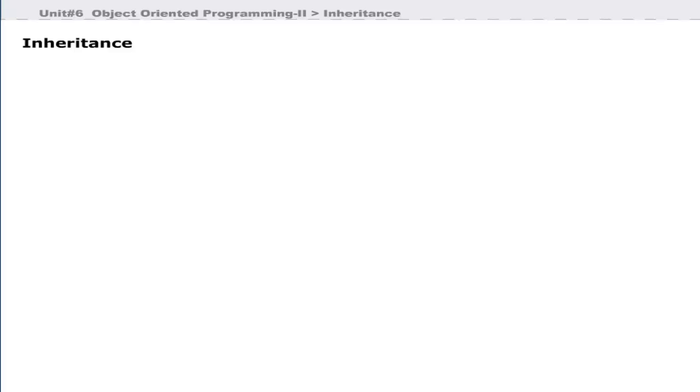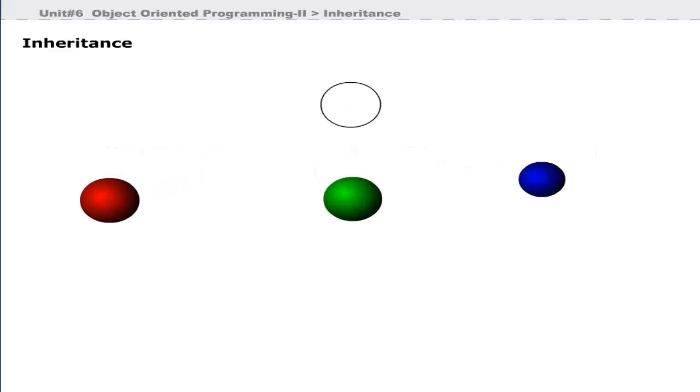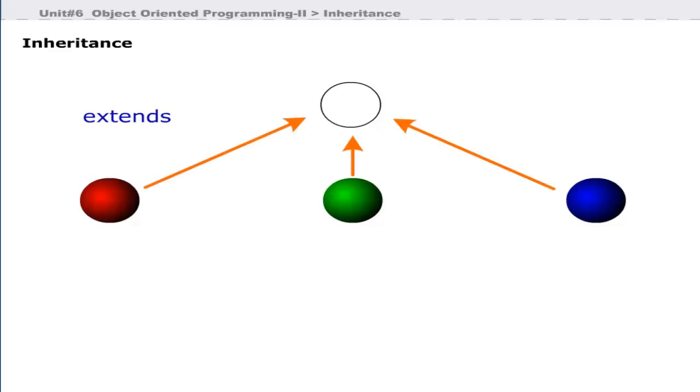Inheritance. Inheritance is one of the most important features of object-oriented programming. Inheritance allows you to create reusable software components. You can create new classes from existing classes and incorporate attributes and behaviors of the existing classes. Java uses extends keyword to inherit the properties of a superclass. Superclass is the class that has already been defined, and subclass is the class that inherits the properties of its